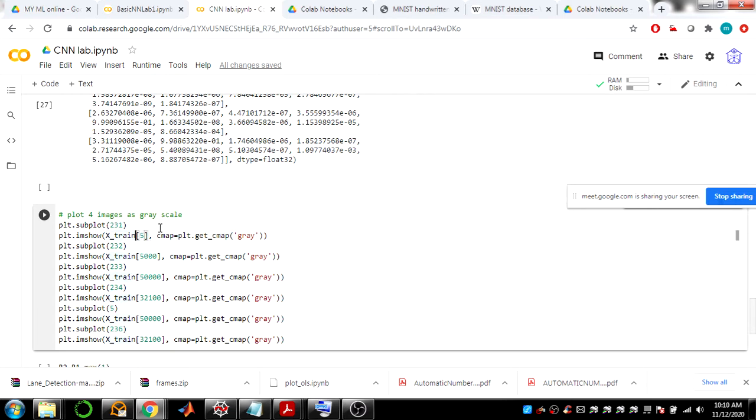So what are actually the original values? They are actually present here, X underscore test of 0.